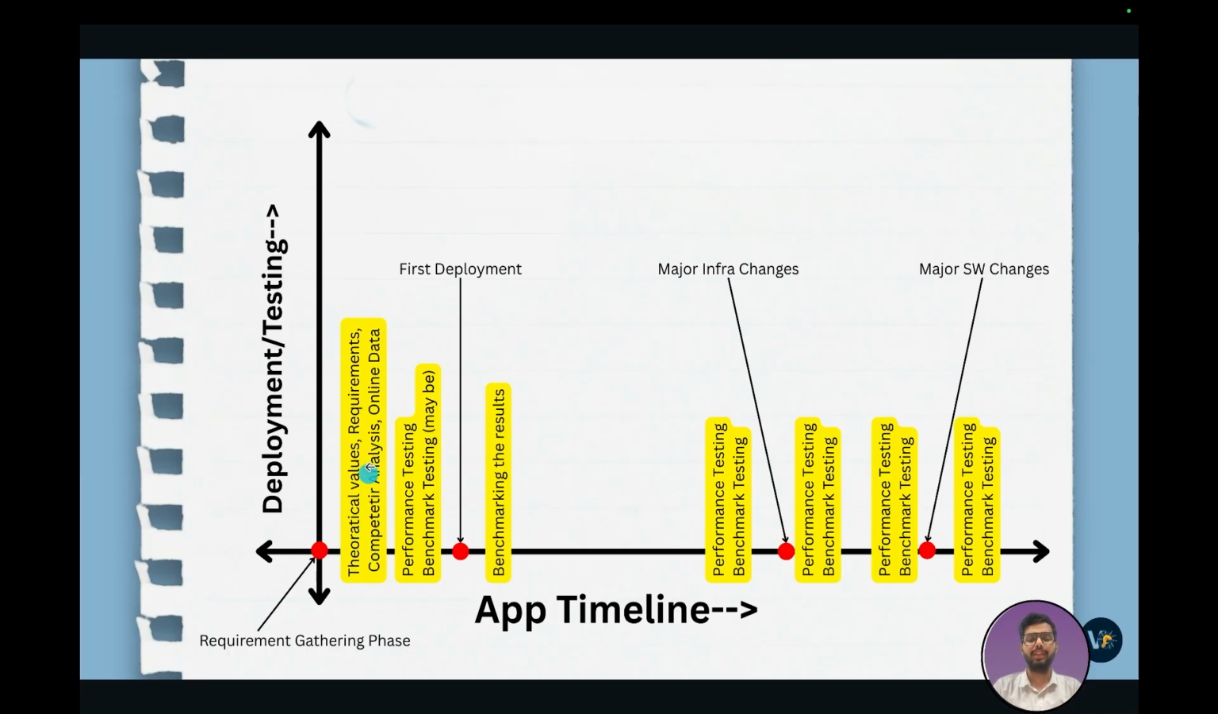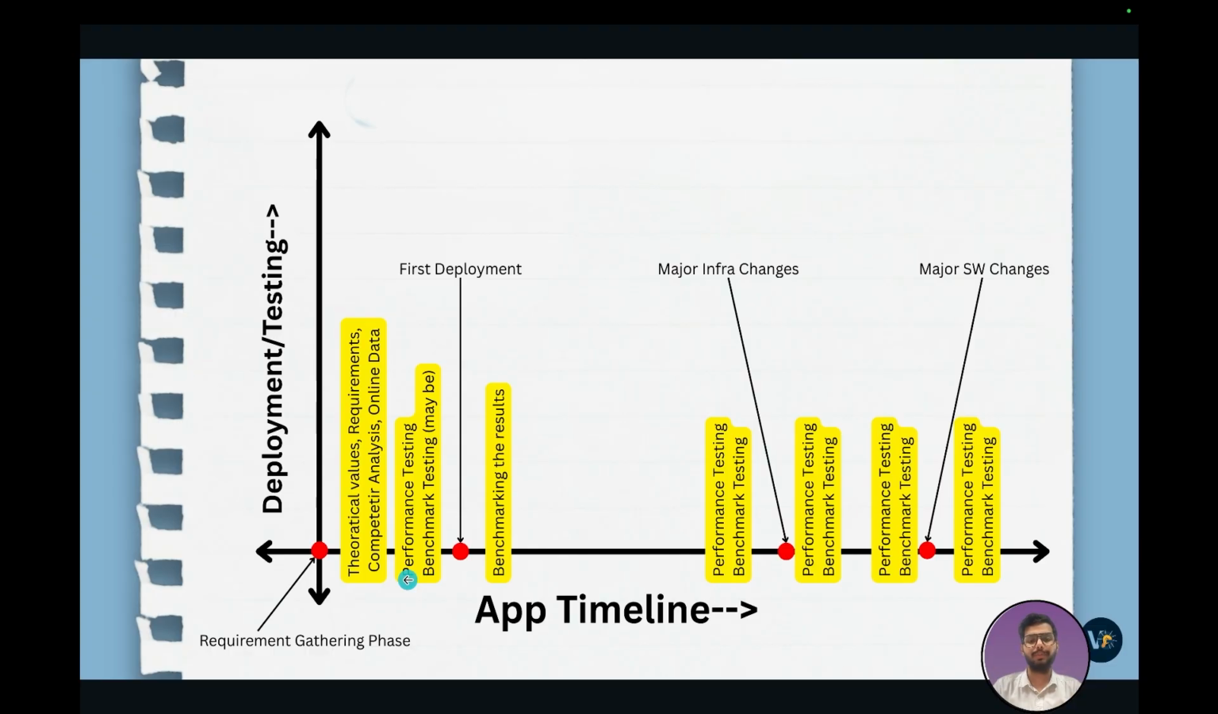So where we have theoretical values, requirements, competitor analysis, or online data, we compare all of those results with the performance testing that we have done. Now it is not recommended, but usually we perform the benchmark testing, and that's why I have written maybe. So before we move to the first deployment, we might perform the benchmark testing, and it is usually performed